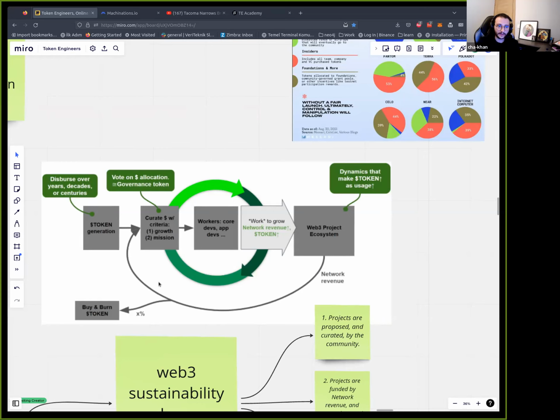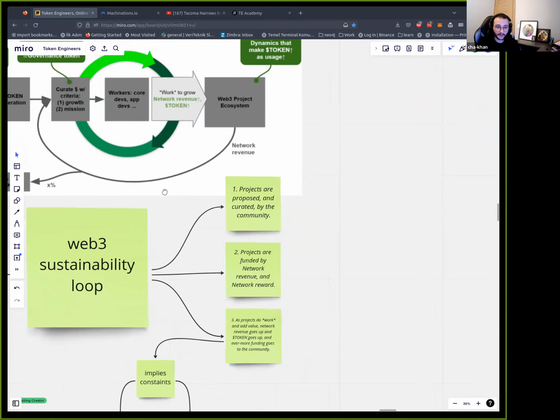And the way to do that is you use the token to feed the workers who are working on the protocol, who are building the protocol, the devs, the application, and you're generating new revenue from the ecosystem, and you want to feed that back into the system. But the critical thing is using this token generation and buying and burning system in a sustainable way, and that means